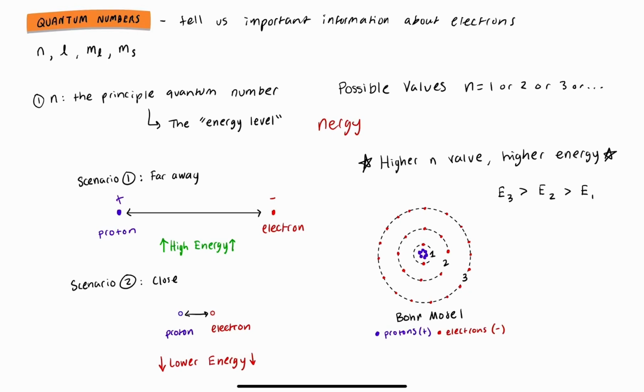Today we're going to be talking about quantum numbers and specifically the n quantum number, or the principal quantum number. This can be a really intimidating topic for a lot of general chemistry students, just because quantum seems like a very complex word, and this topic can be a little bit shaky. But we are going to break it down and talk about it in plain language and get to the bottom of it, right? So the n principal quantum number has a lot to do with the energy level of